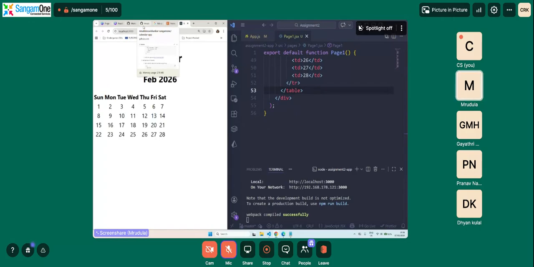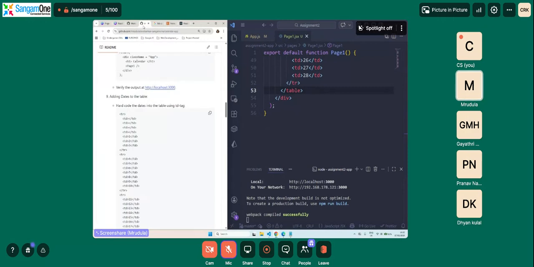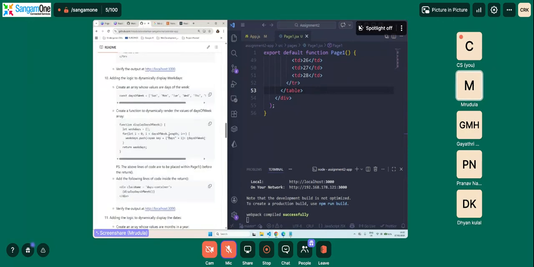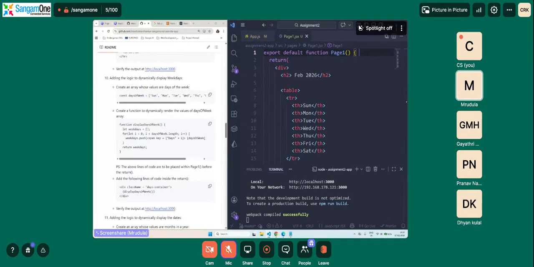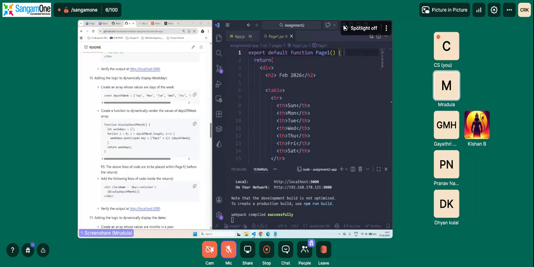Okay. So for that, we are going to use state. Because we do not need it to be updated every second. We just use state. So first, what we are going to do is we are going to be printing the name of the weekdays first. Okay. So what we will do is we will create an array inside page 1 and just before return. Always remember, return should be in HTML style. Return shouldn't have any logic.